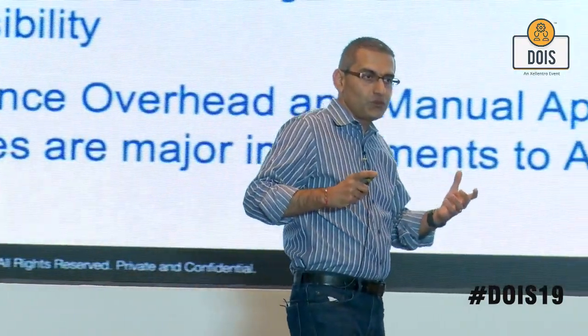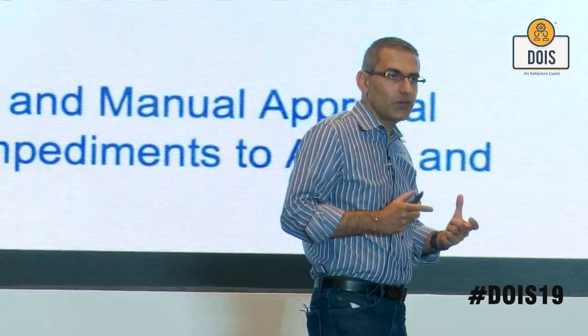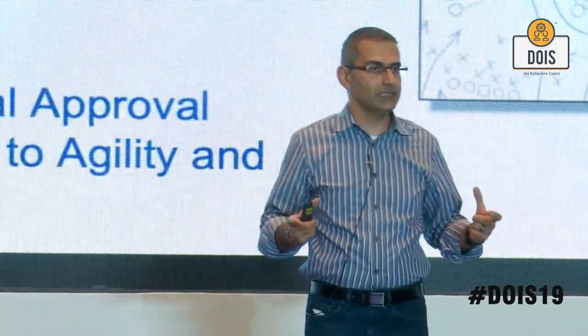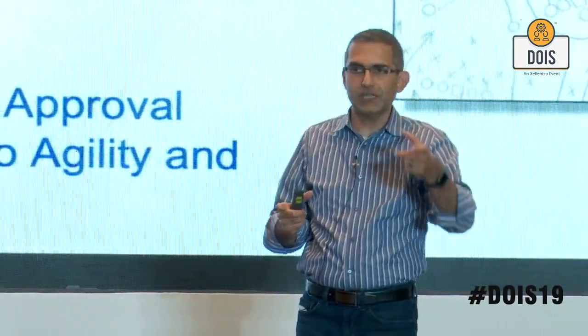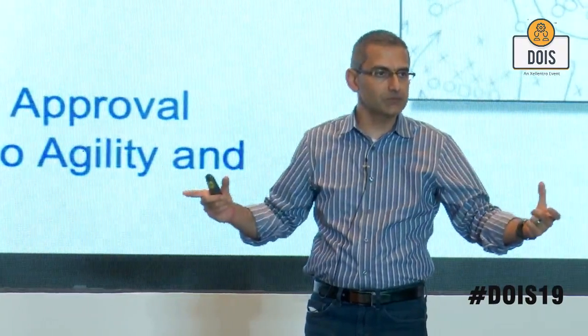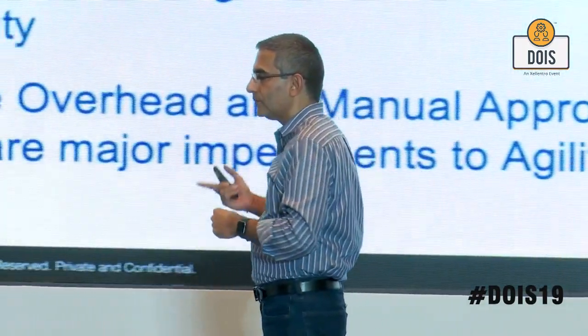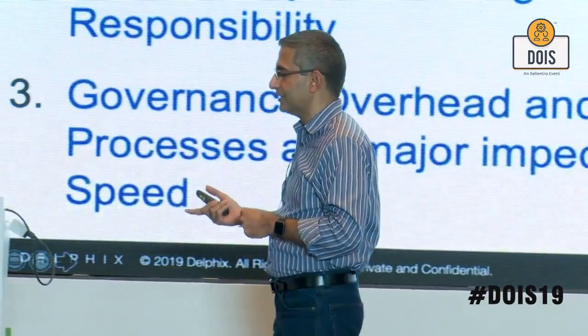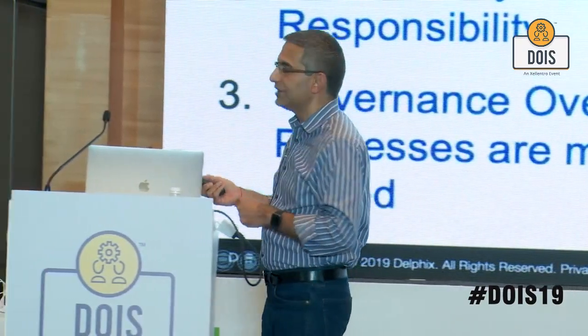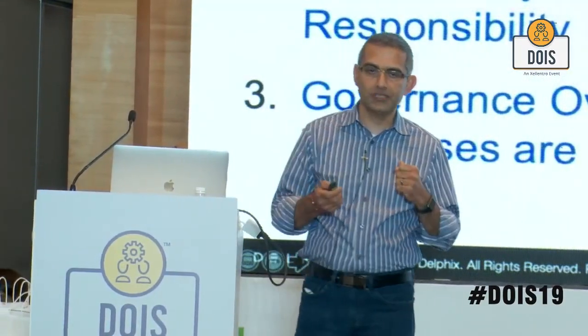But DevOps works fine when all the teams are 2 pizza teams. But what happens in large enterprise when that's not the case? We were talking over coffee with somebody, and they were saying, what about distributed teams? Because I have offshore, onshore teams. I have in-house and outsourced teams. All those are challenges which need to be addressed, and there are some key principles which need to be put in place in order to address those.